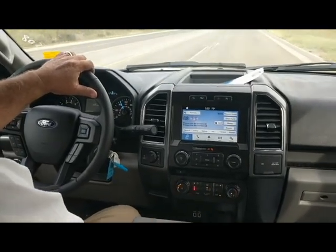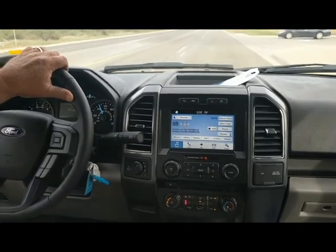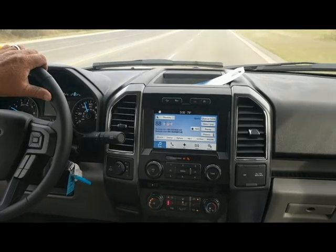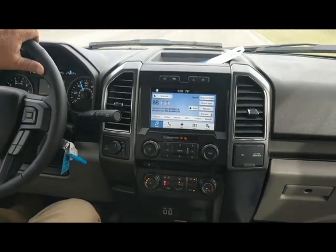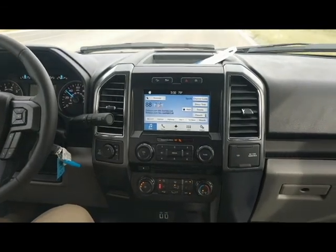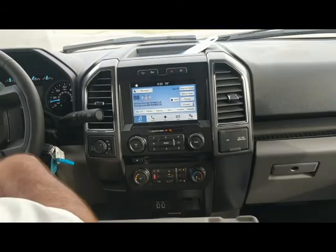Oh, but man, folks, there is tons in this truck, and really the last thing that I want to show you here, just as a tidbit, as soon as Todd finds a place here to pull around, we're going to show you the backup camera in this vehicle. This 8-inch touchscreen display, it is a full color display, okay? Now with that full color, you get a very, very clear picture of what is behind you